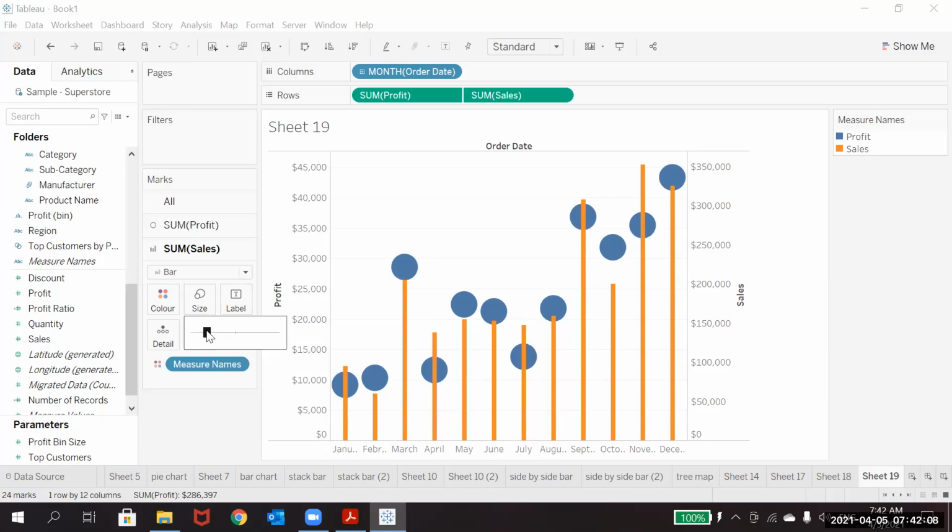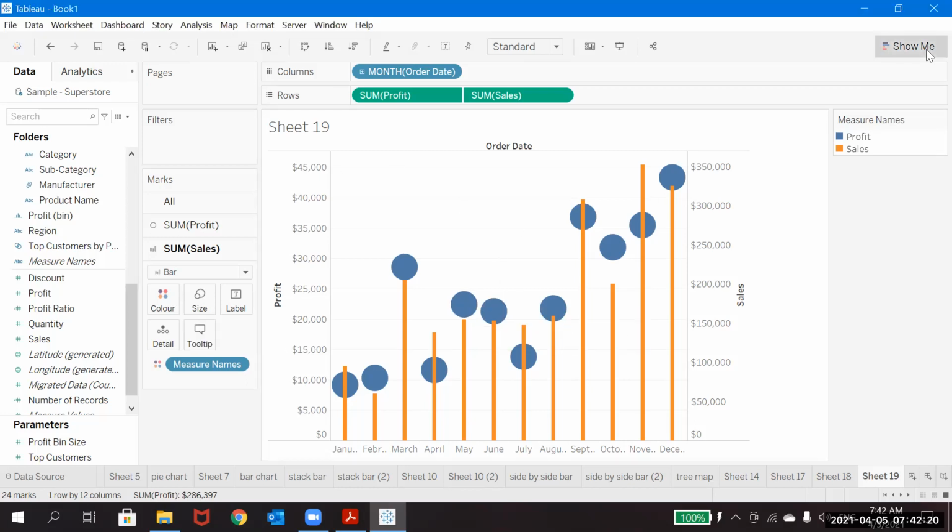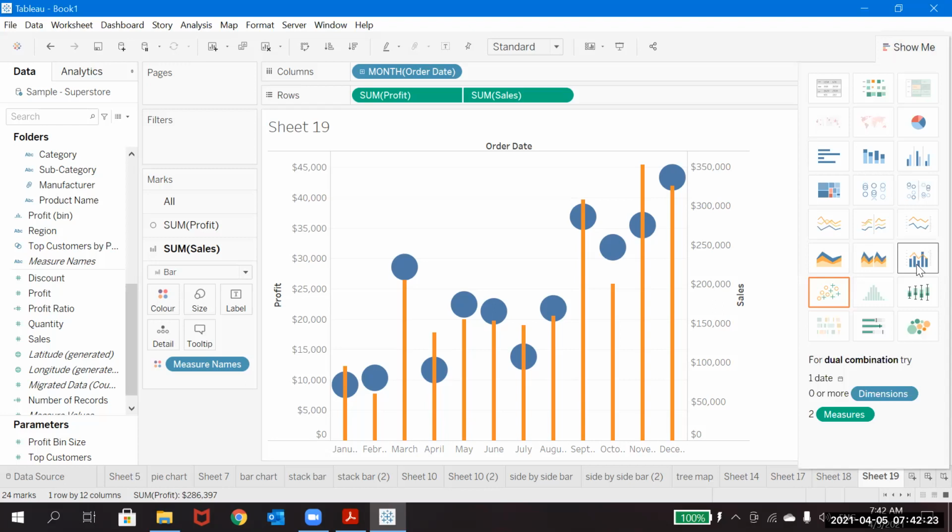So this looks like a lollipop chart, so that's why people will say this is a lollipop chart. I mean, there are different types of charts, and we will discuss them further. Why? Because these are not defined here, it just says dual combination, that's it. So it's not a different type of chart, we are just enabling it. Based on the Marks options we have, we'll be creating multiple different types of charts, and we'll name them accordingly.